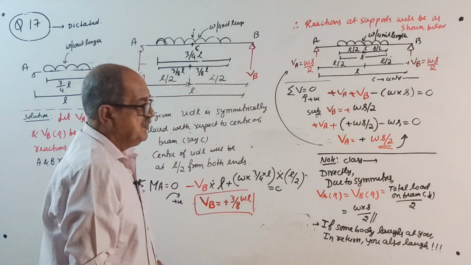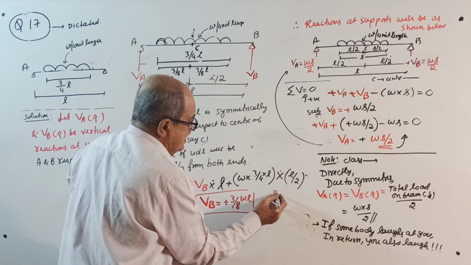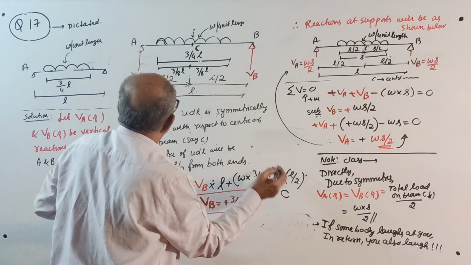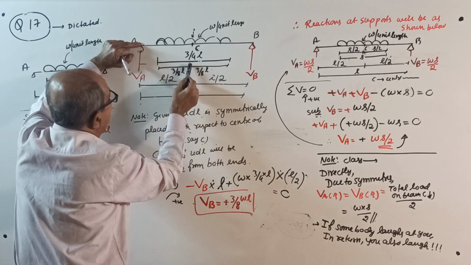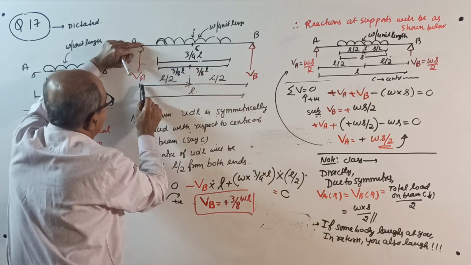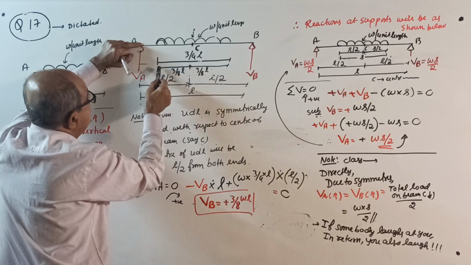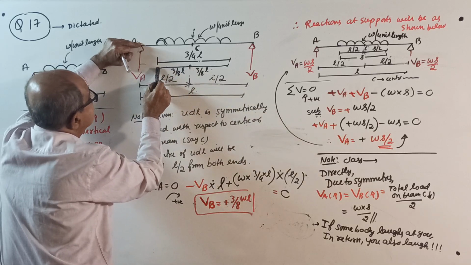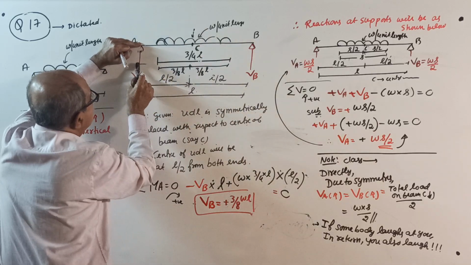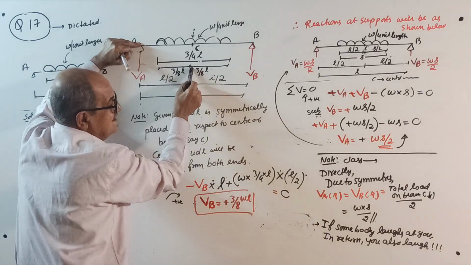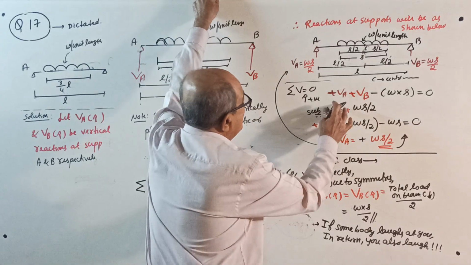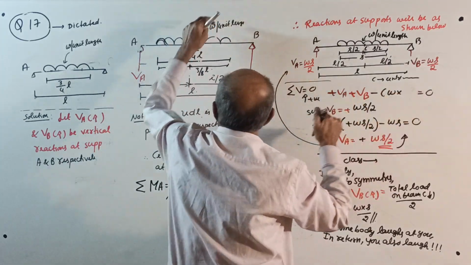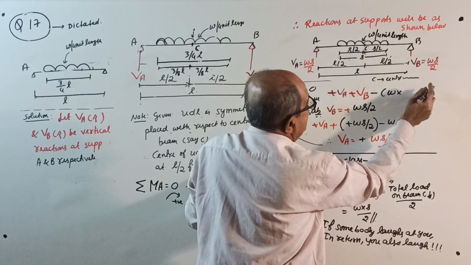And suppose someone asks about that remaining part. What is the remaining part? Instead of writing L by 2, right here, this is 3/8 of L. From L by 2, subtract 3/8 of L, get this distance, then write load into this distance plus this distance. It will come once again L by 2 only. Okay. Therefore, sigma V equal to 0, VA plus VB minus W into